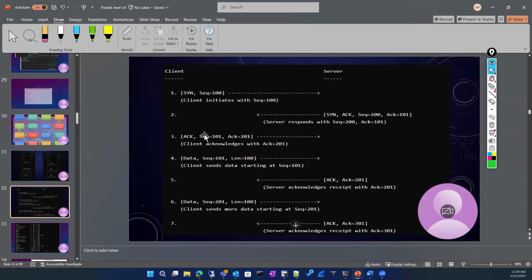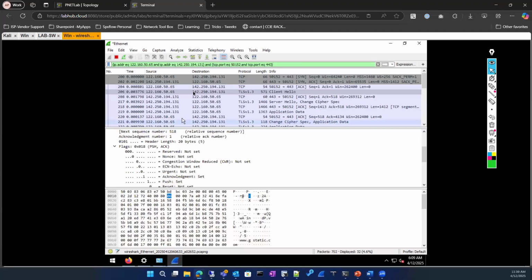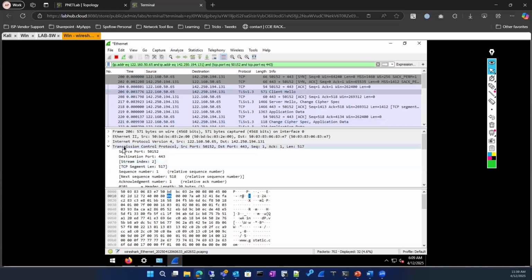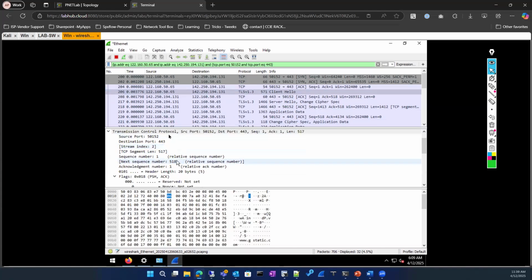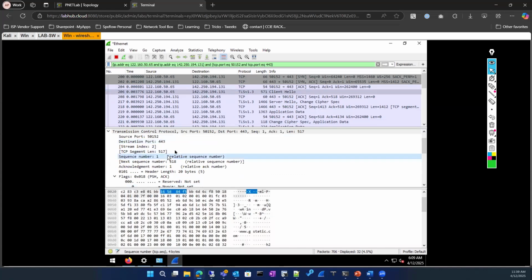So here, when you see the three-way handshake, with the filter, I will show you. We are dealing with layer 4 now. If you go down, there is an option for the sequence number. This is something I want to tell you. There are two sequence numbers. The relative sequence number is something the Wireshark is doing for us. That's helpful, that makes life easy with its own sequence number representation. If you choose the raw sequence number,